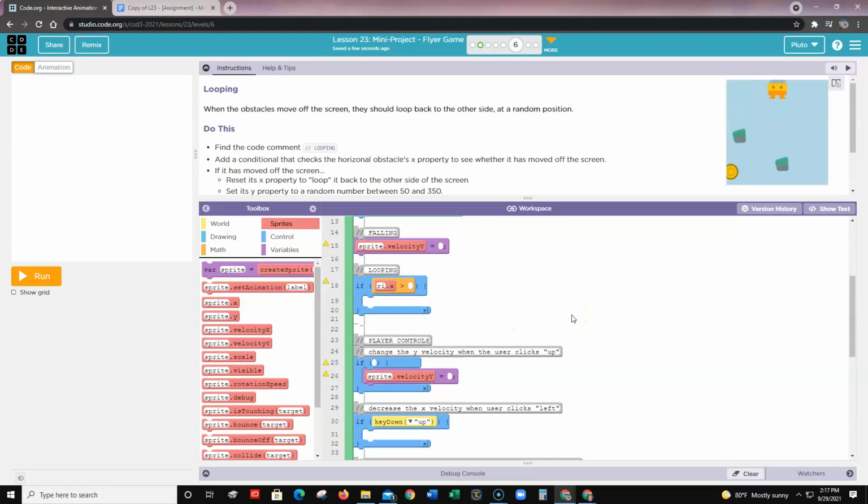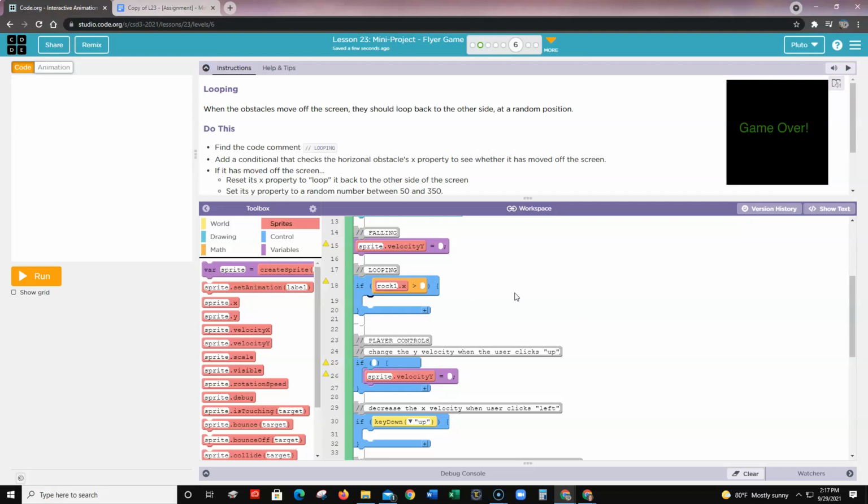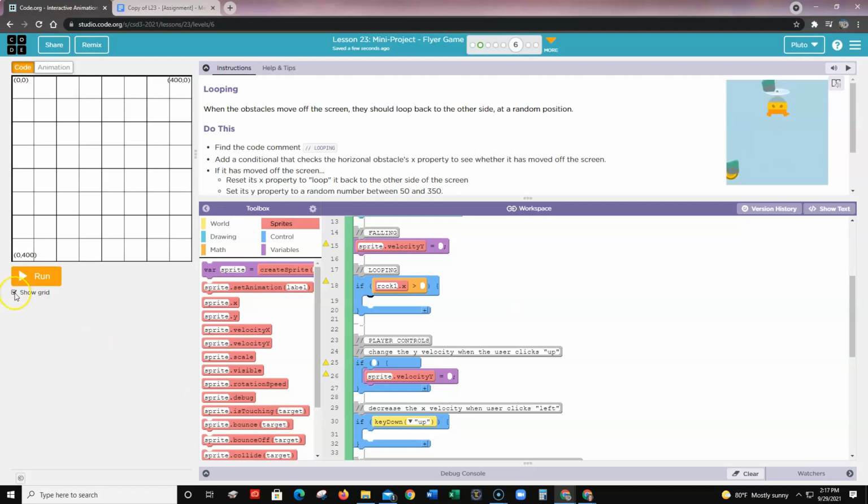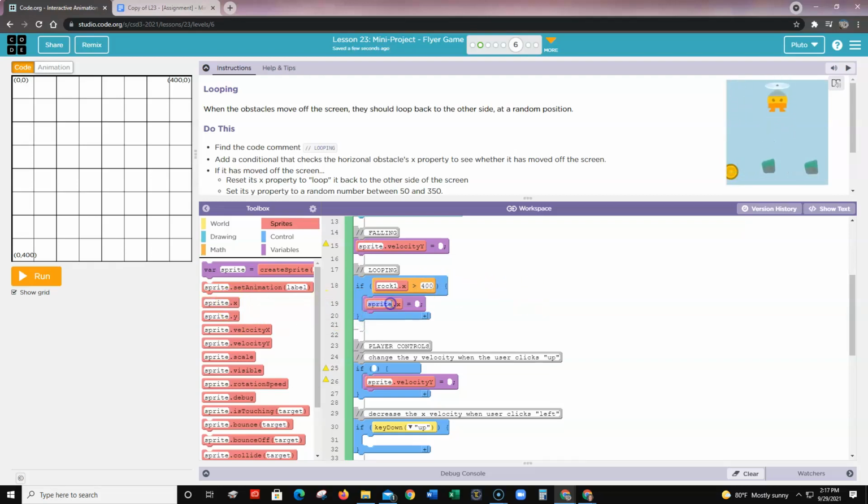So if this is rock 1, just to give you an idea here and refresh your memory, then I say when rock 1, and that's the one that's moving left to right, when it reaches what number? Think about your grid. Your grid is 400 by 400. So when it reaches X equals 400, I have my cursor over there, then something's going to happen. So I would use 400, and then I would bring in, I'm just going to give you a hint here,